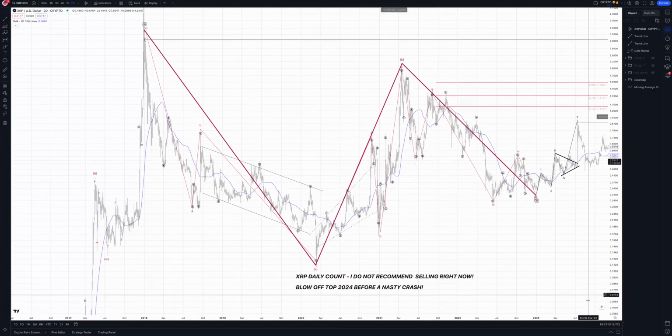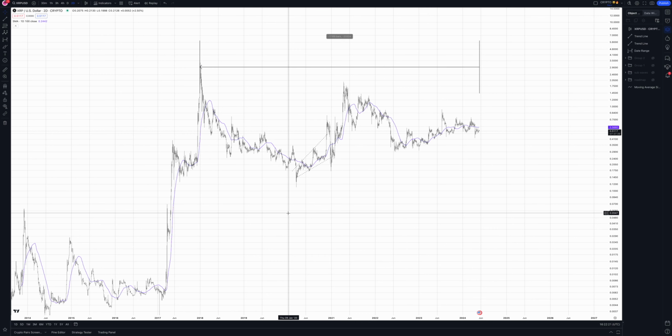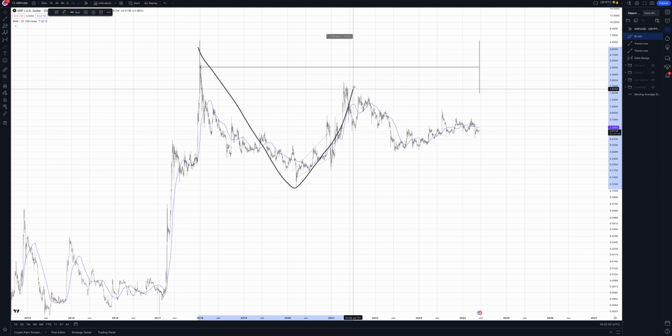Okay, so what do we have here? We have a 3-wave move down, 3-wave move up, and a 5-wave move to the downside for your Elliott wave flat pattern. Okay, so this is an Elliott wave flat pattern, and this is exactly why XRP hasn't really seen a true bull market yet since 2017, 2018 time. Not because of the SEC, not because of whatever FUD and narrative is out there, it's not true, right? It's just simply because this was your A wave, this was your B wave, and then you have a C